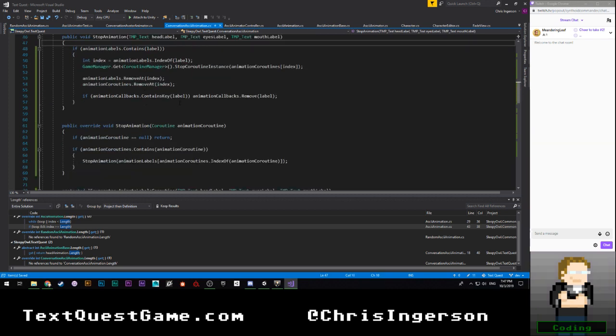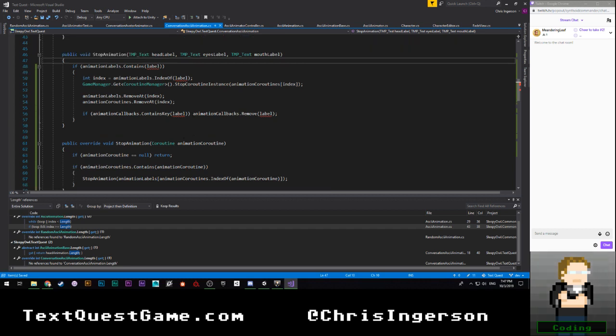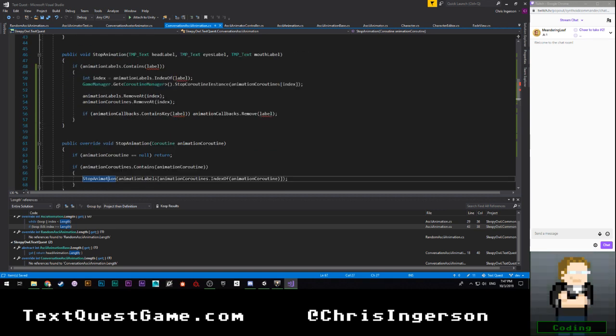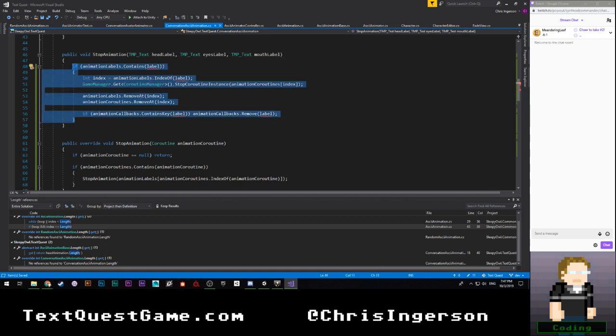Okay. So if animation coroutine is equal to null, then we'll return. If it is contained in our animation coroutines, then we'll be able to stop animation and just call that right there. Almost. This is where things get... So this needs to change. Right.